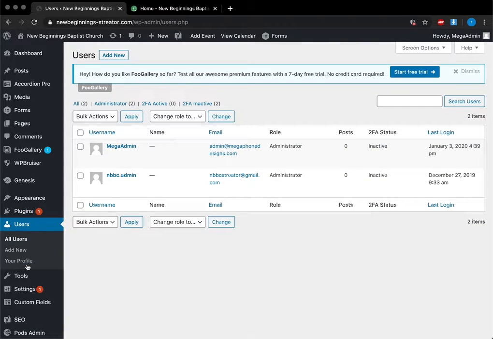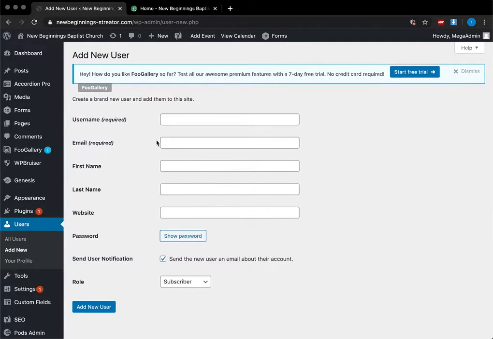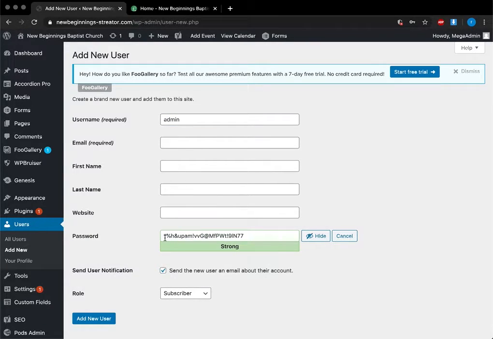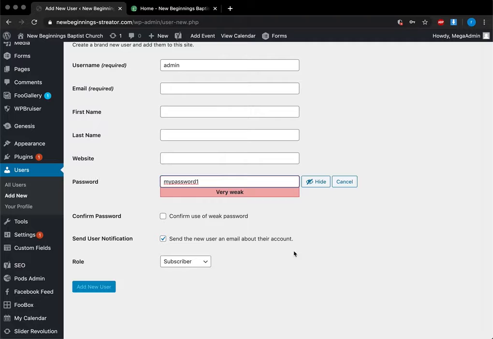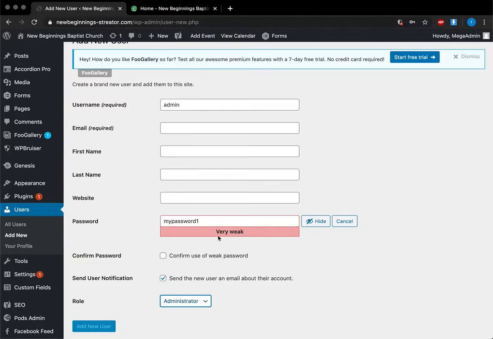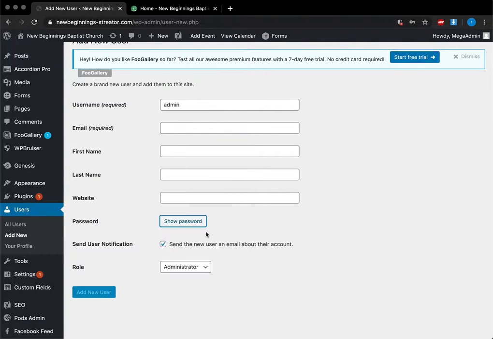Users, this is where I'll show you how to change your password as well as add a new user. So if you wanted to change the password for this account, you just go here, click on it, and then you'll do what I'm about to show you. So now if this were your NBC one, you would just go to show password. This is the ridiculous thing it's going to show you because that's just crazy. So if you wanted to change it to something that is easier to remember, just do that. Choose something other than my password, please. And then you would just hit update right there,